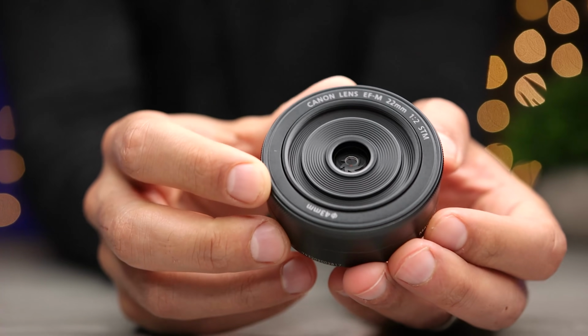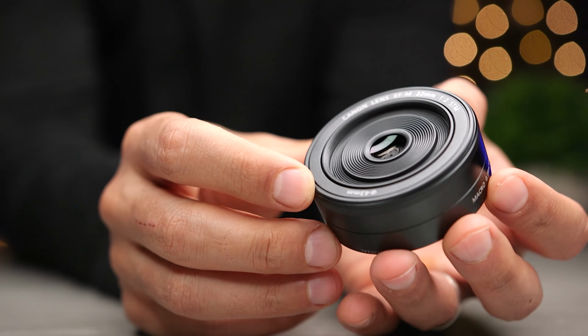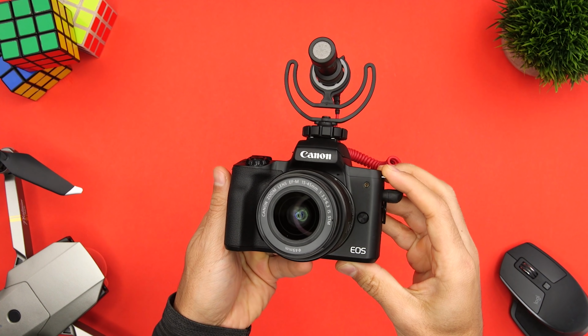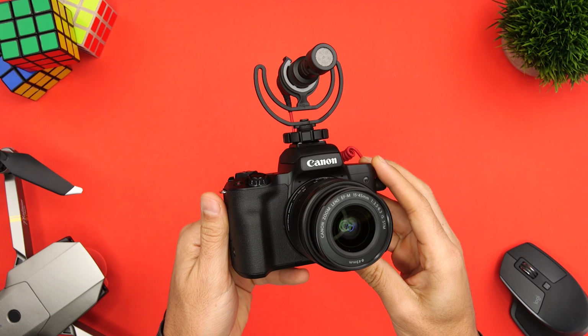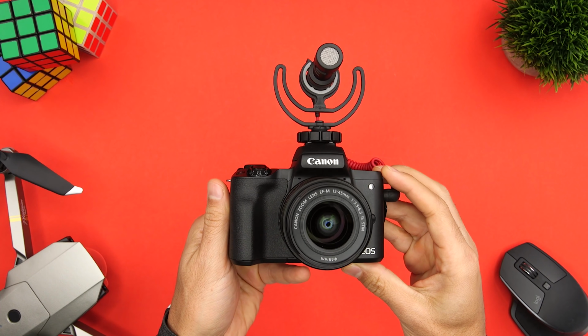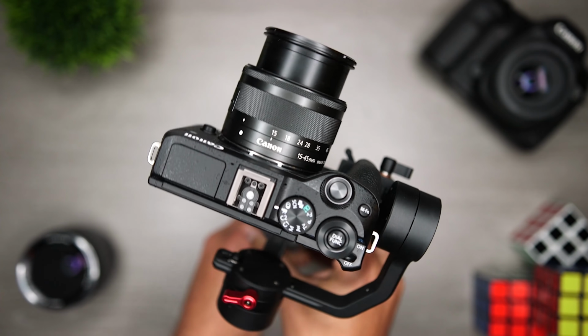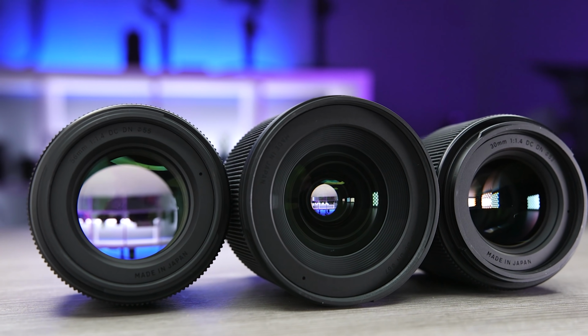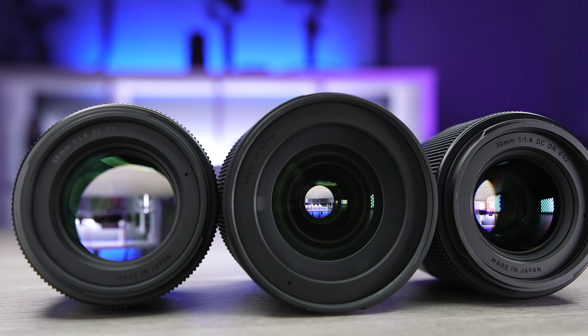So we currently have the 22mm f2 and the 32mm f1.4, both of which are wonderful lenses. In fact, that 32mm f1.4 is probably the best native EF-M lens Canon has on the market. But that's pretty much it, and this has been a deterrent for some potential buyers who have been considering the M50 or the M6 Mark II, both of which I really like. So to the rescue comes Sigma with 3 phenomenal, fast, sharp, and affordable lenses: the 16mm, the 30mm, and the